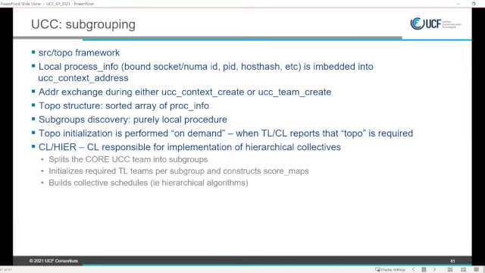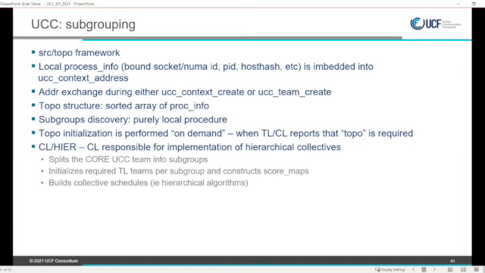Then CL basic can select, based on the score of the TL, where to launch a collective. If the user launches all reduce and Sharp and UCP are both available, then Sharp will have a higher score based on latency and bandwidth estimations. So CL basic will direct the collective to Sharp.